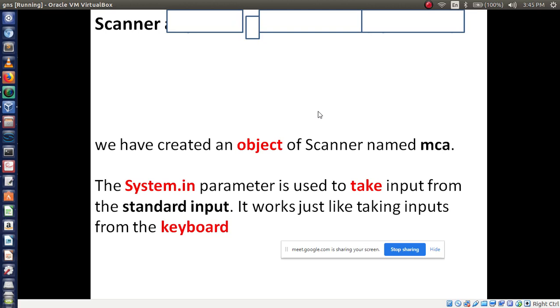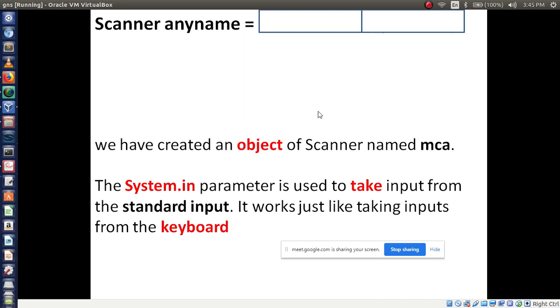You can give any name, like you are giving variable names, right? So here you have to give any object name. I am telling it is the general syntax.